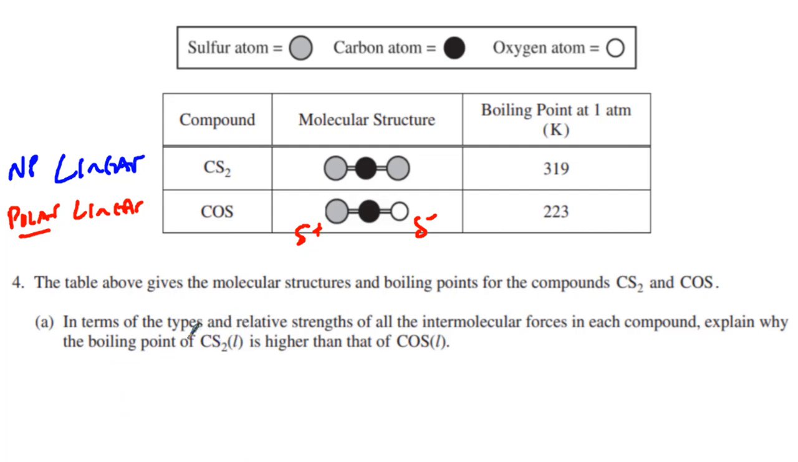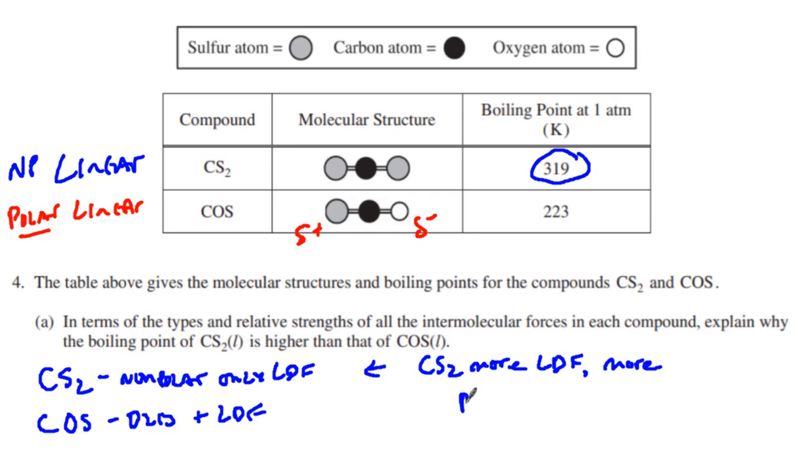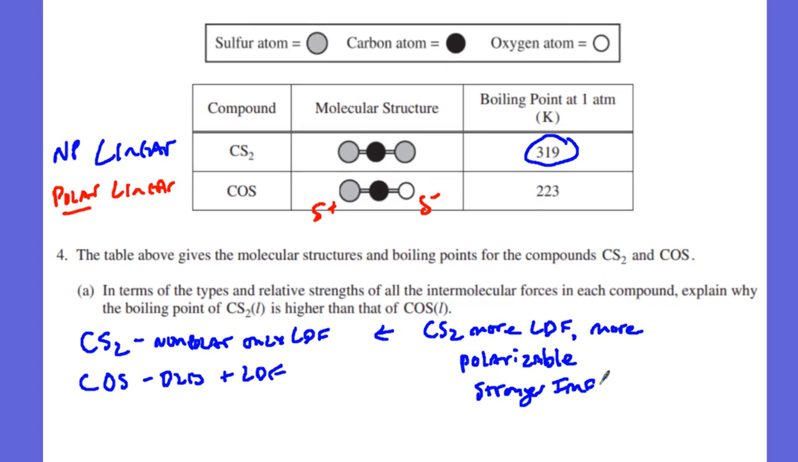A says, in terms of the types and relative strengths of the intermolecular forces, explain why the boiling point of CS2 is higher. Well, we know CS2 is linear, it's nonpolar. Therefore, it only has London dispersion forces, while the COS molecule is polar, which means it's got dipole to dipole forces as well as London dispersion forces. Now, why in the world would London dispersion forces beat out the dipole to dipole? The CS2 has more London dispersion forces, because it is more polarizable. It has a greater polarizability, and therefore it will have stronger intermolecular forces and therefore have a higher